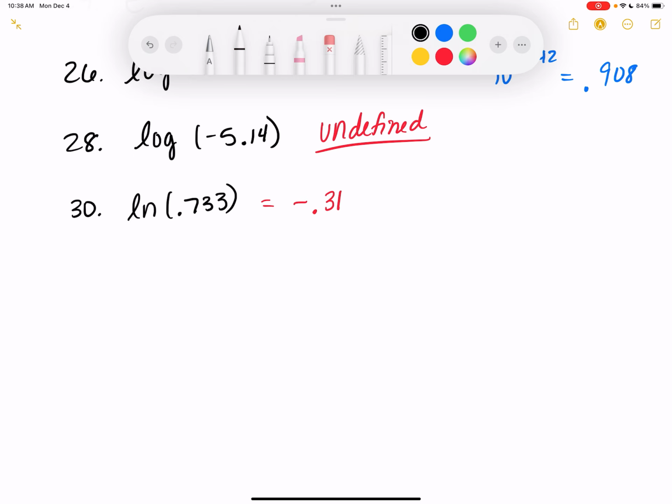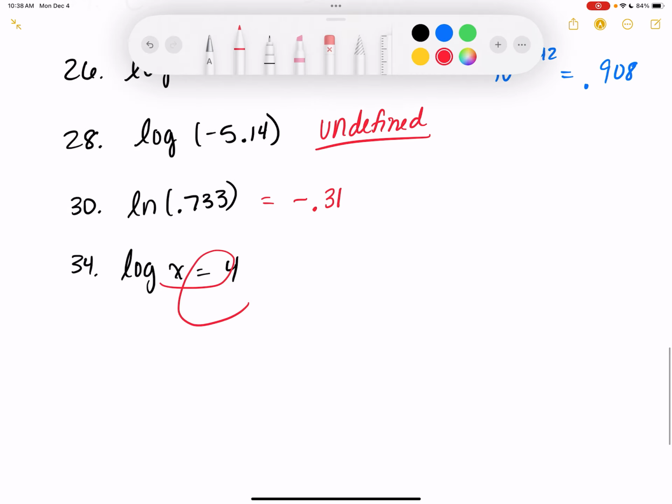All right, the last thing says to solve the equation by changing it to exponential form. So 34, we've got log of x is equal to 4. So I'm just using the e. So 10 to the 4th is equal to x. So x is equal to